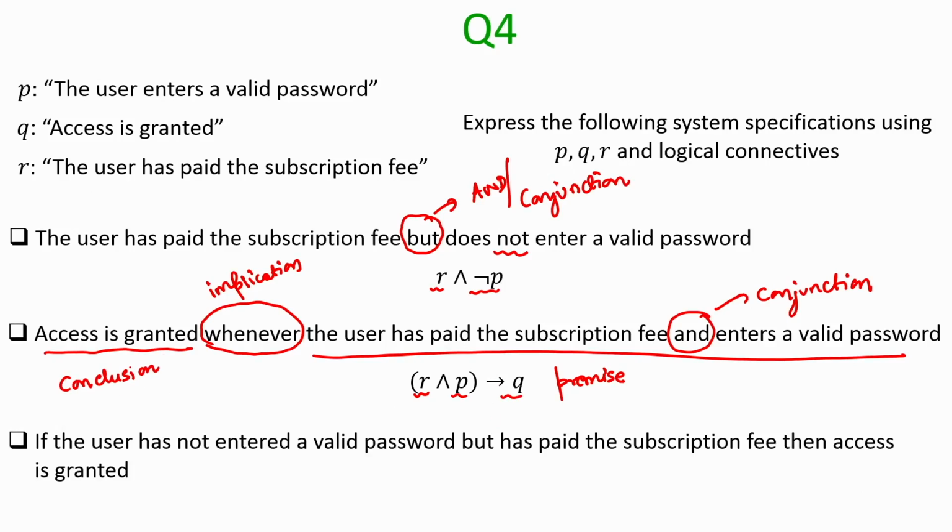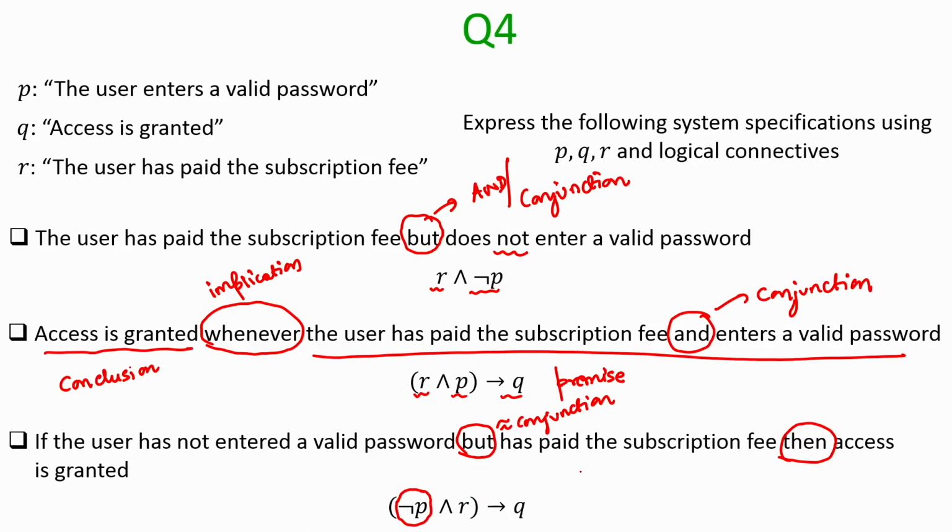The last statement is: if the user has not entered a valid password, but has paid the subscription fee, then access is granted. So, this is a form of if-then statement. Okay. Whatever is there after then, that is the conclusion, and whatever is there before then, that is the premise. Okay. But in the premise you again have an occurrence of but, and remember but is nothing but conjunction. So, you can represent this statement in this form. The premise is the conjunction of 2 things, namely the user has not entered a valid password. So, the user has entered a valid password is p. So, he has not entered a valid password is negation p,